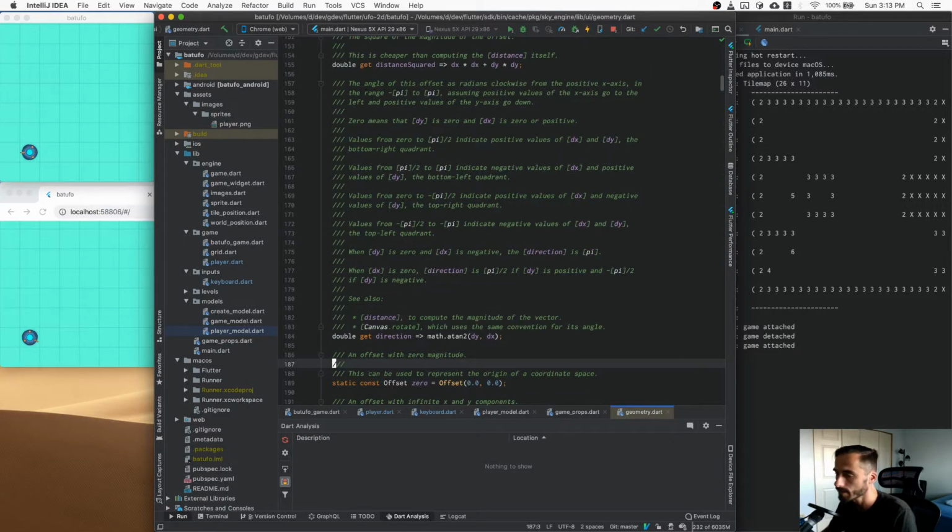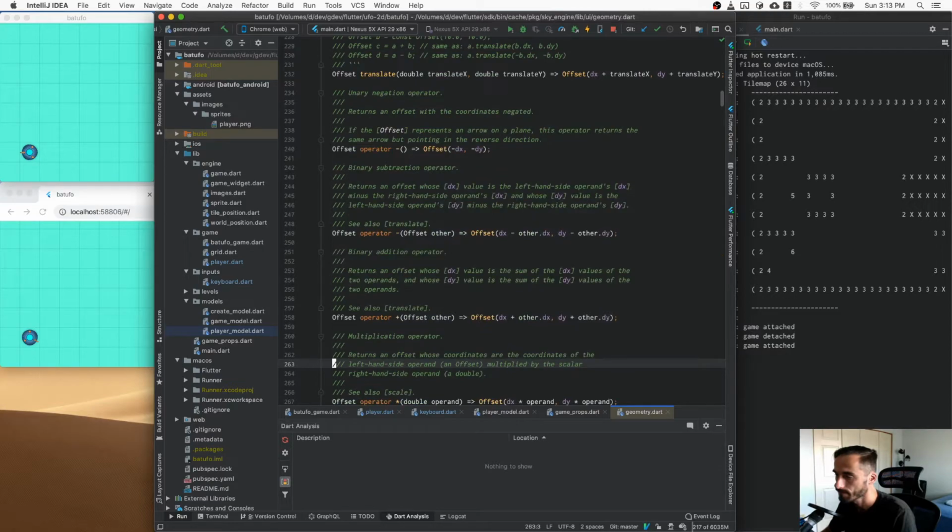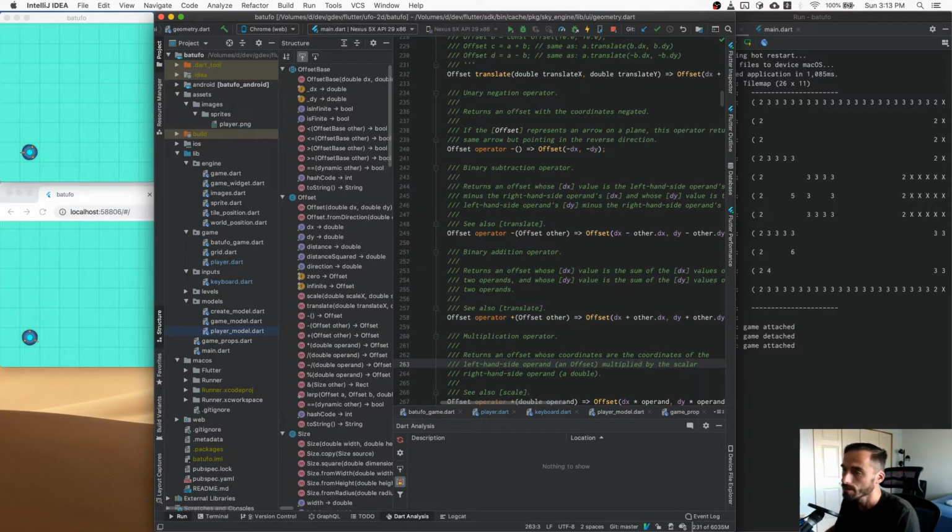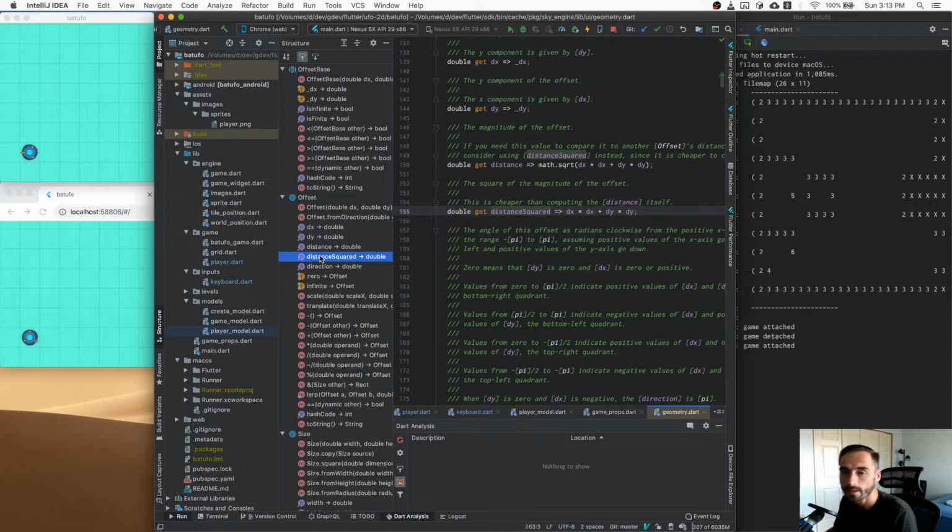But what we also need, so that's direction, so that's good. So it has, let's see what it has. It's a distance, distance squared. That to me looks like what I called magnitude squared. Yeah, I called this magnitude squared in my